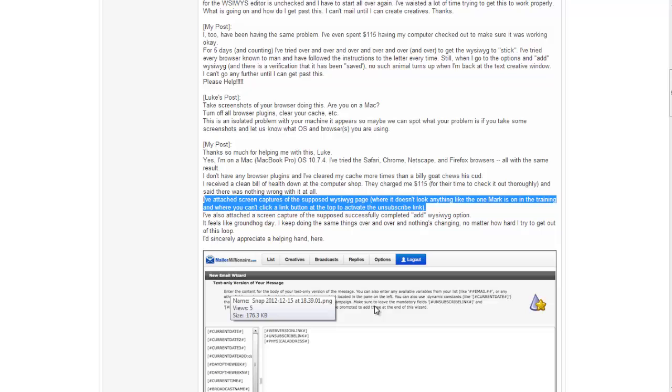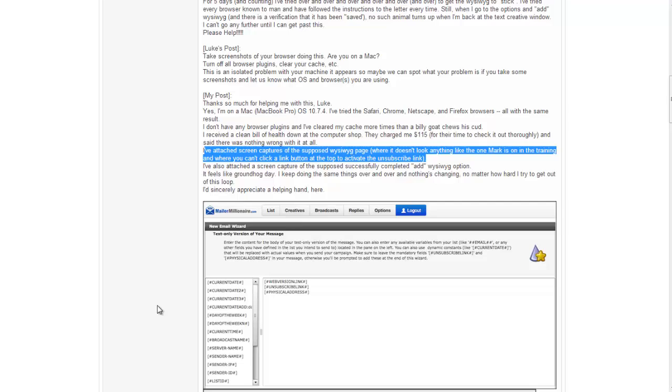Now I saw a couple of guys posted below kind of explaining this, but I'm not sure that you either got it or there's another problem that we think we're fixing for you, but we're not. So either you understand what text only is or you don't. I'm not sure, but regardless, this is not the WYSIWYG page. You're coming up on the text only page, which all you can do here is paste or type. Now, if you're saying you can't paste or type in this window, I'll show you something that might be able to get you around that if you are having that issue. But the big question is,